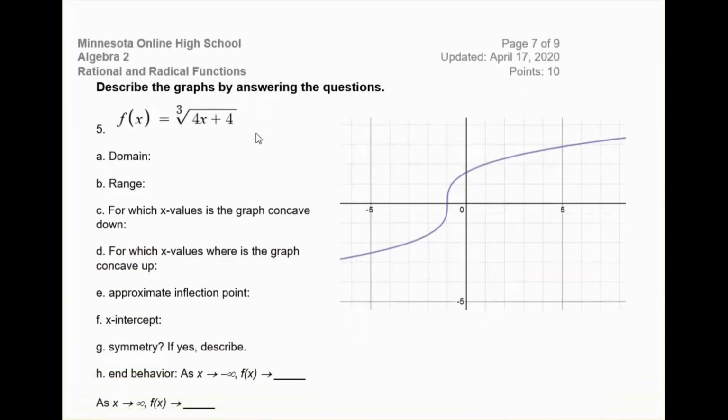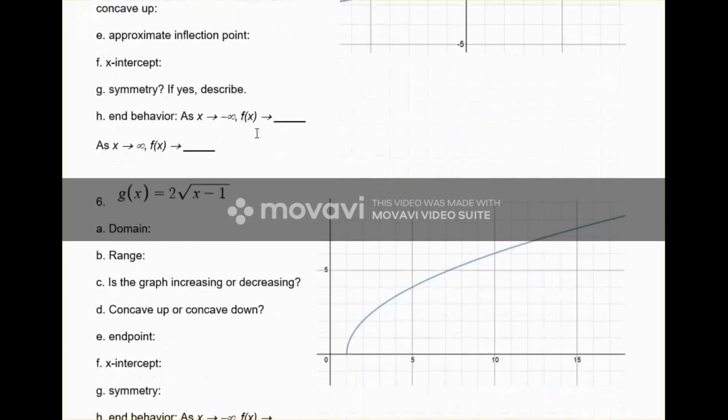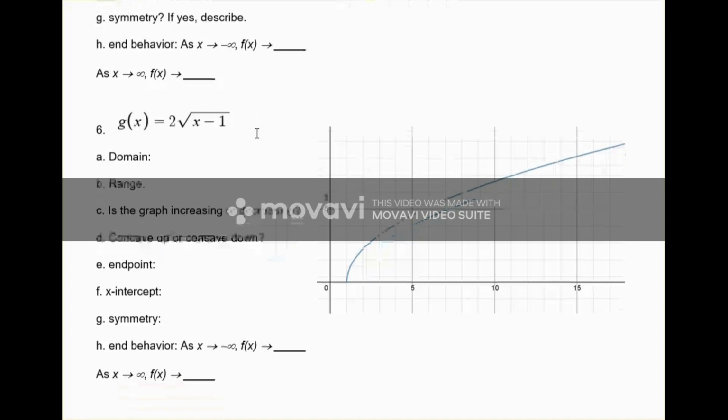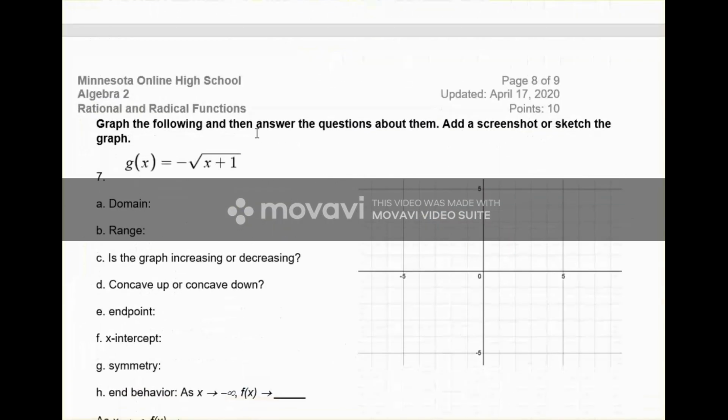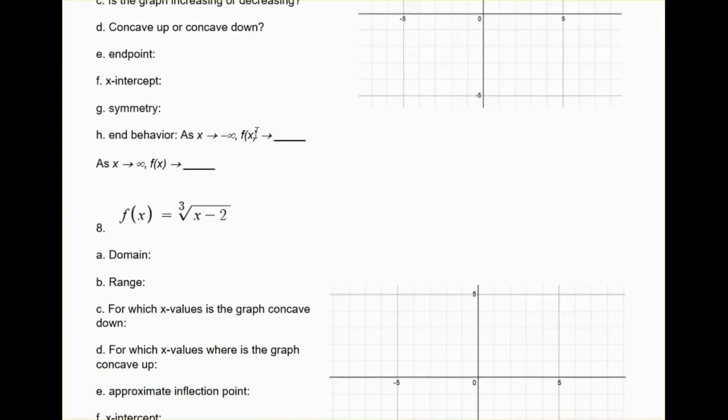So you're going to answer some questions. This one is about this cube root function. And then there's one for a square root function. And then you're going to graph two of them. You can graph these on your graphing calculator and then sketch the graph here, or you can graph them using